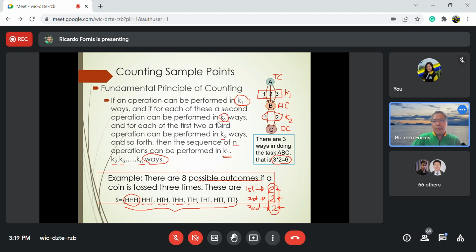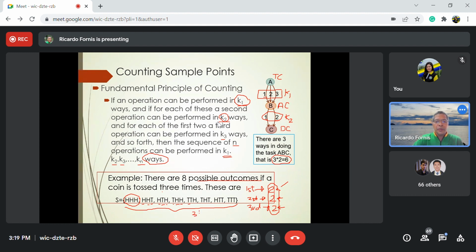You can apply the principle of counting, do the calculation, or you can list the possible outcomes, then count them directly. But of course, this one is challenging, especially if we talk of so many possible outcomes. Like, for example, if you will be asked how many plate numbers we could form if we start with 3